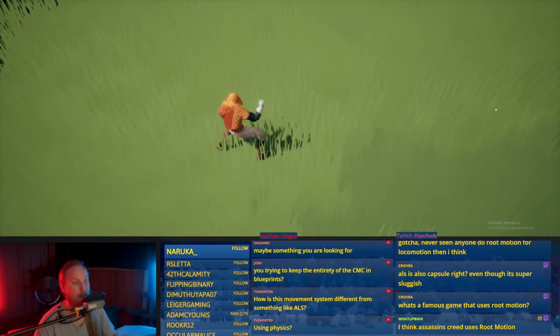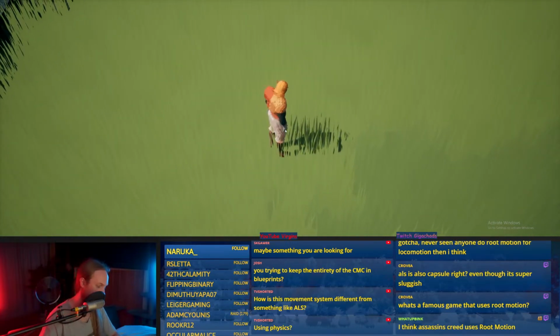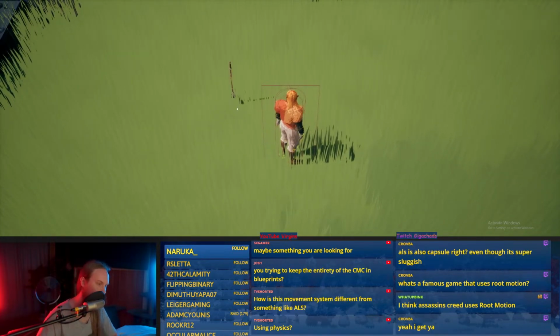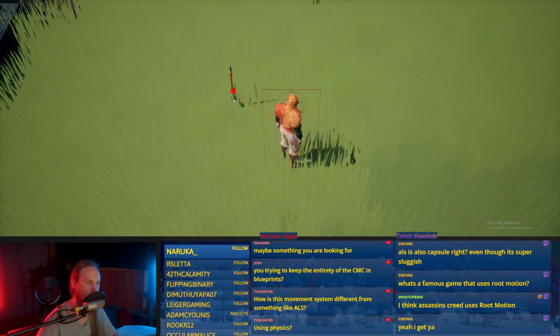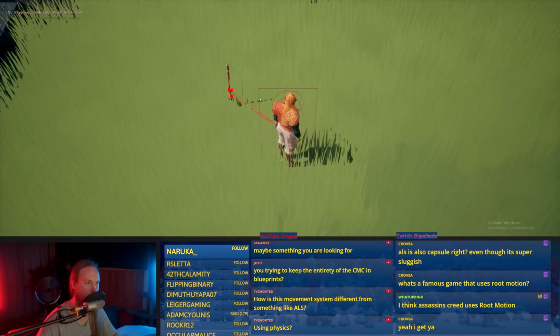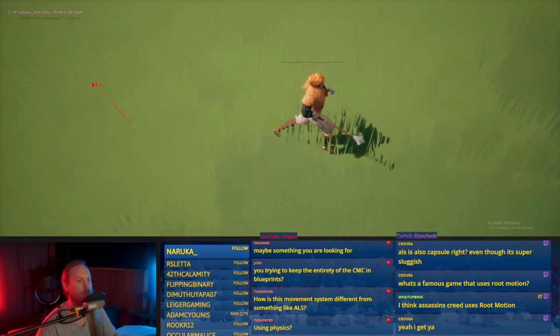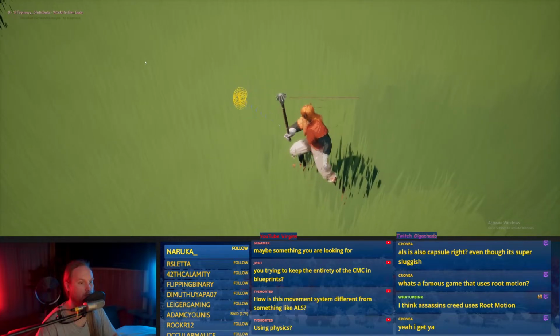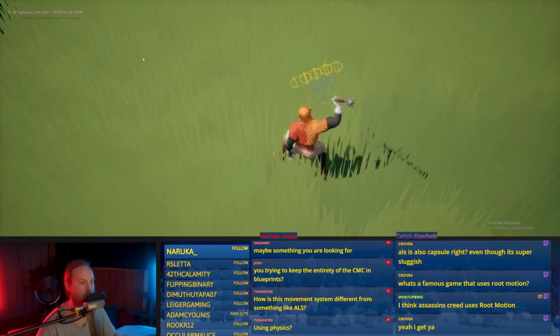So it's the animation determining where the character moves. So, capsule locomotion, root motion, animations and stuff.